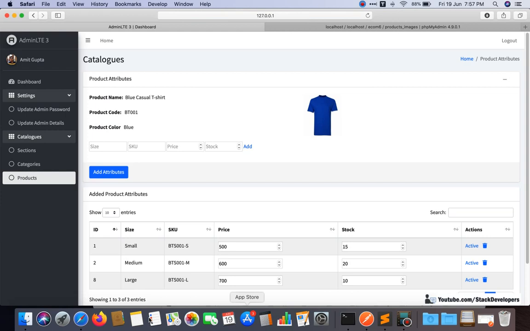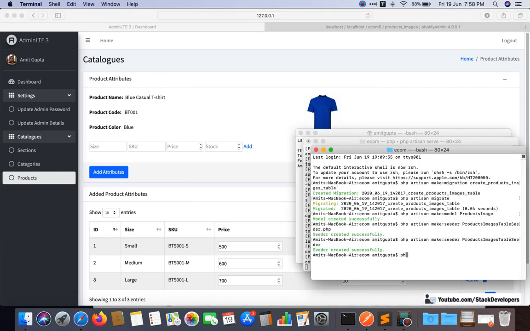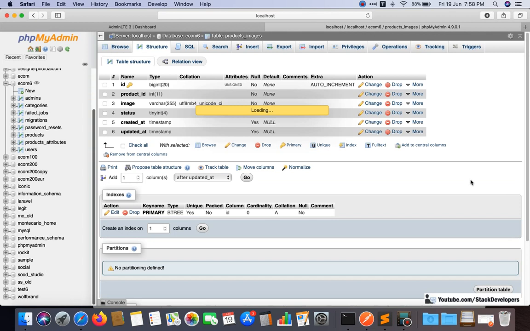Now we need to run one last command here, php artisan db:seed, sorry, like this. This is the command we want to run, and see, database seeding completed successfully. I'm going to check now.